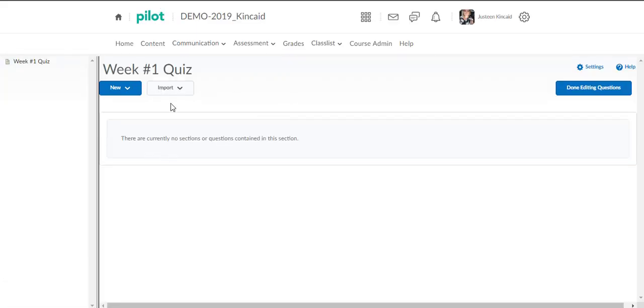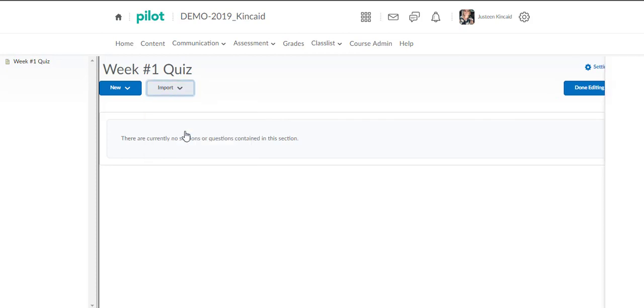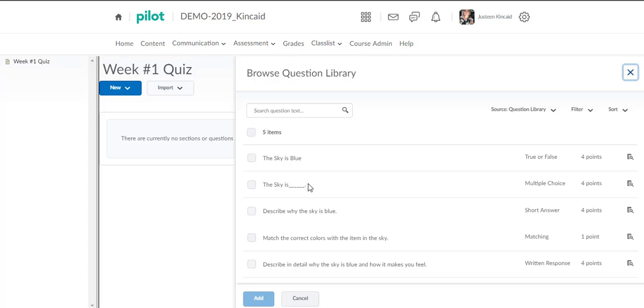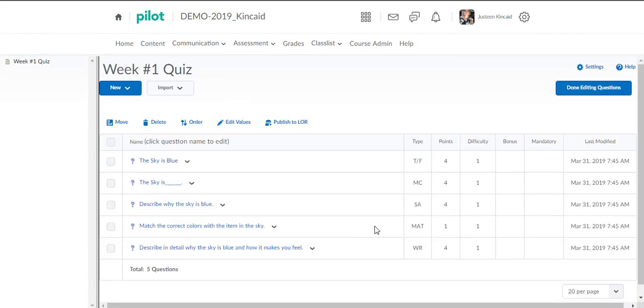All right, so now this gives me the option to either create new or import. We're going to import, and we're going to say Browse Question Library. Now, if you only wanted to use some of these, you could select at random and then say add, but since we want all of them, we're going to go ahead and click them all, and we are going to say add. All right, now we are done editing questions because we've already, well, actually, let me edit the values